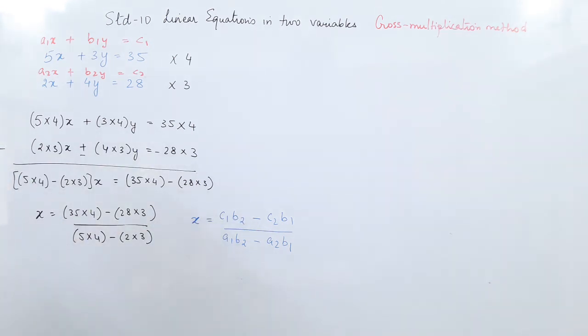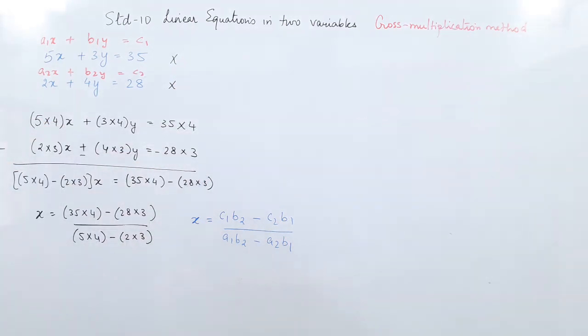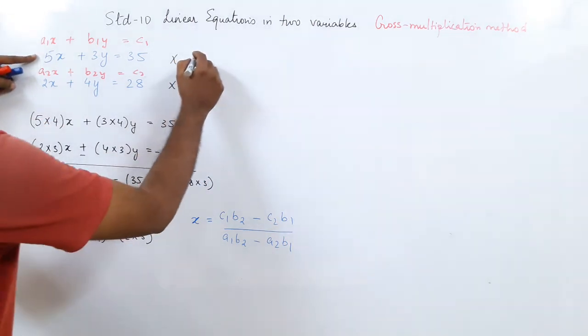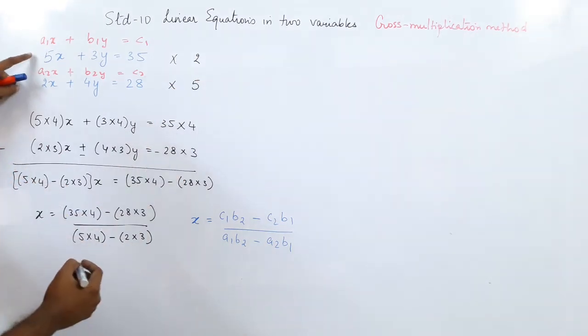Now let us do the same thing for y also. This time we eliminate x. So how do I eliminate x? Have you understood this? I'm going to rub this off now. For eliminating x, I have to multiply this by 2 (5 twos are 10) and this by 5 (2 fives are 10). So the equation becomes